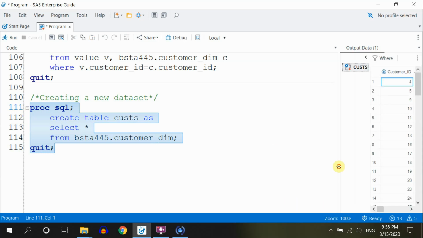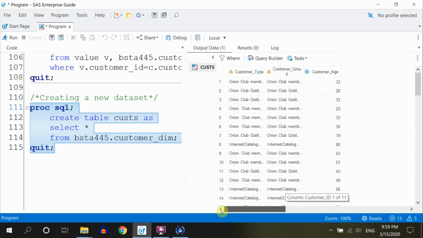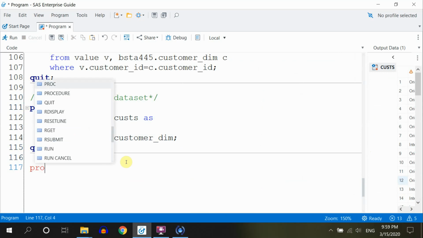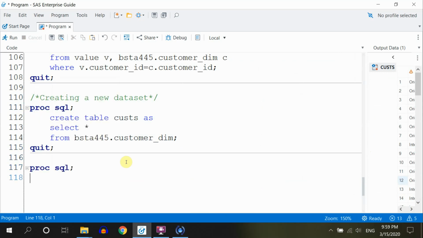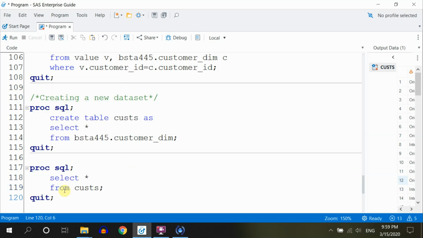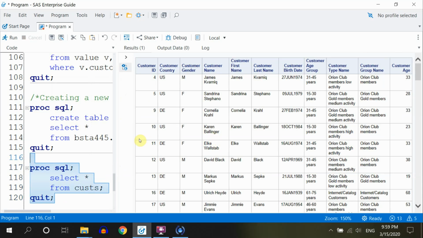And you can see here that now we do not see any output yet, because we just created a data set, and that's what we managed to create, and that's it. So if you would like to see it, it would be something like proc SQL and select all from costs, quit, and you would be able to print it and see what it is you created, right? So this is now printing the data set for us,